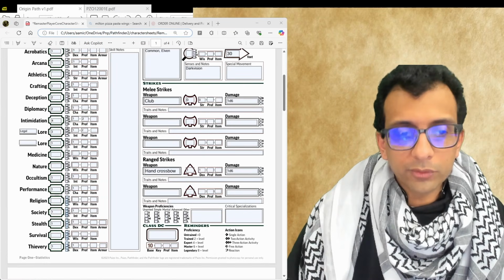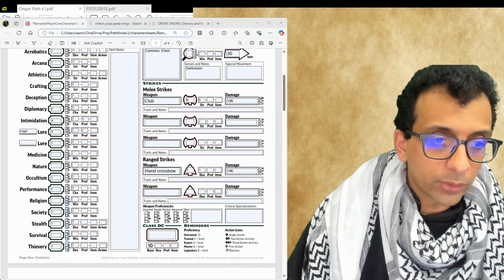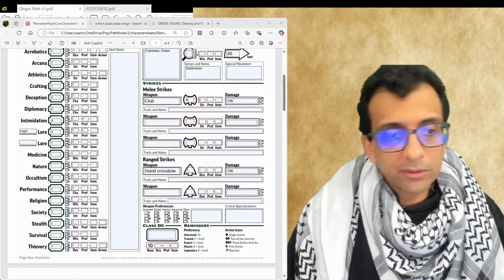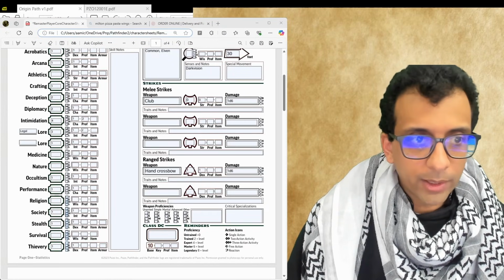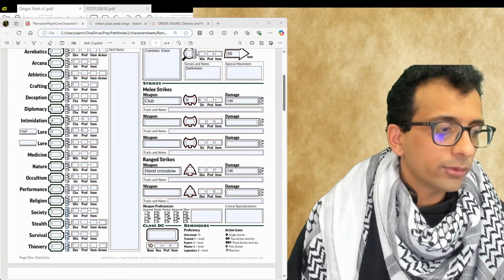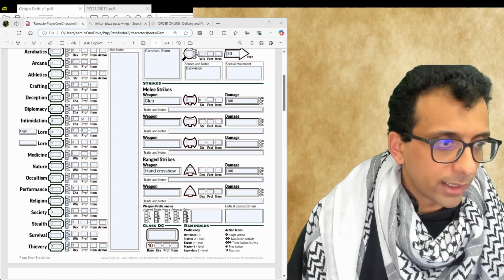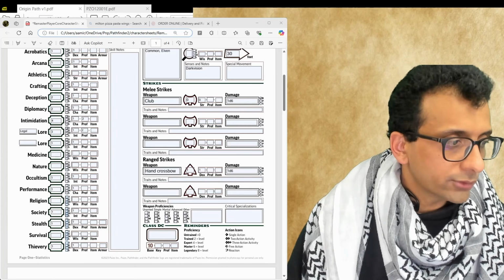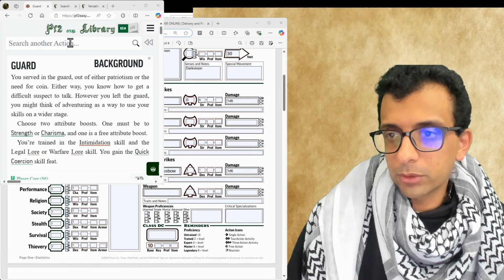We've already gone through a skill feat with, well, we went through an ancestry feat, so we have a bit of an idea about how those work now. With the seer elf, now we have the quick coercion skill feat. It gives you a little bit of an example of how that works, but we are becoming rapidly better at Pathfinder 2nd edition, so we are going to go into our character options, and we are going to find quick coercion,